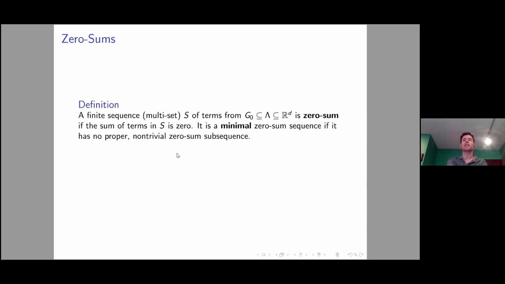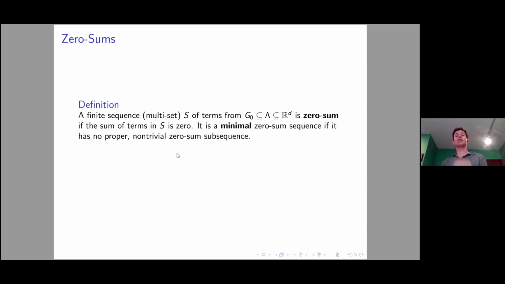So let's move on to something that looks slightly different at first. We'll come back to these directions in which the set escapes to infinity afterwards. Let's talk about zero sums. So a very typical question or object involved in combinatorial number theory involves finite sequences of terms. And of course, here the sequence we mean in the combinatorial number theory sense, different from that sequence I just used before. So it's basically a multiset, a finite multiset. So we allow the terms to have higher multiplicities. We don't care about the order. We just say that the element can occur more than once.